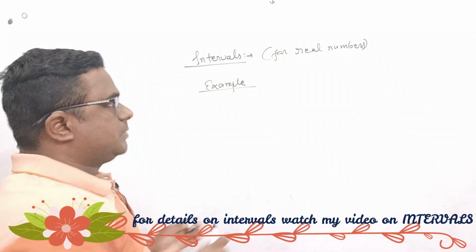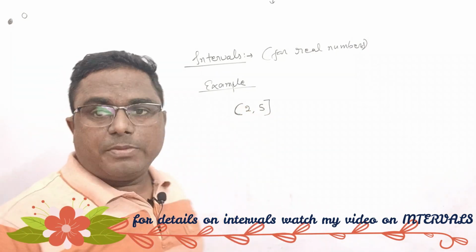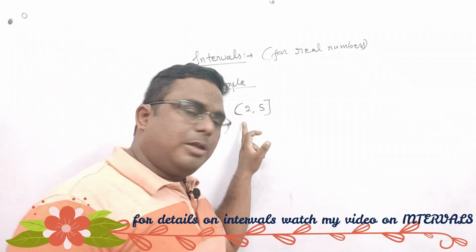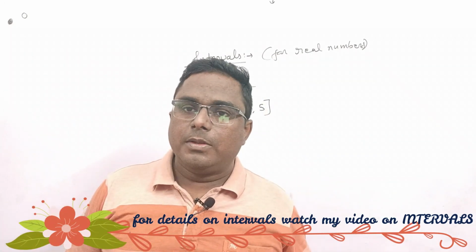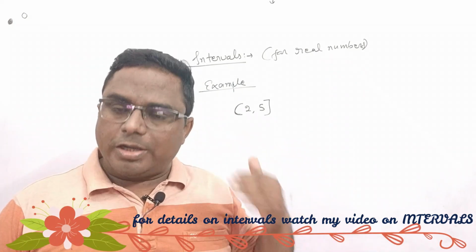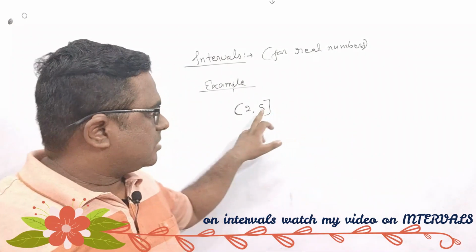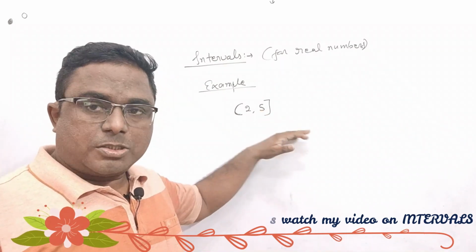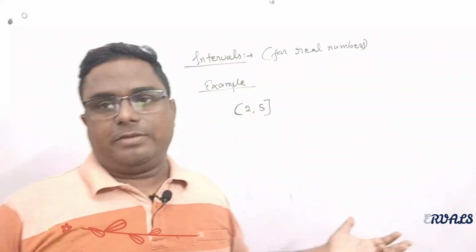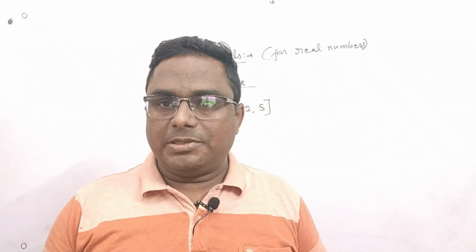Last example for intervals. Suppose I give you this example. Then what is the meaning of this? On the left side I have used a round bracket, which is the symbol of an open interval, and on the right side I have used a closed bracket. It means it is the set of all real numbers which are greater than 2 but less than or equal to 5. Here I am excluding 2 but I am including 5. So this was a short revision for intervals.